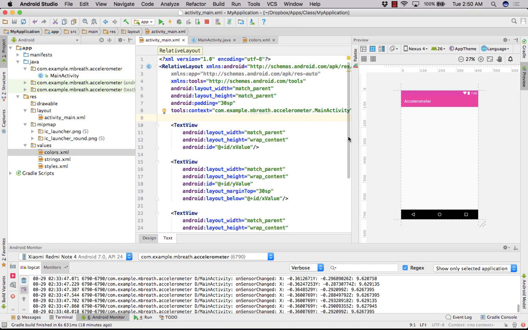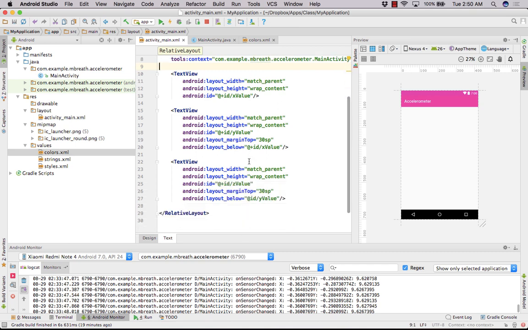So in this tutorial we are going to cover almost every sensor. Yes, you have heard it right. Almost every sensor. So we have here three texts in a relative layout, the text for the x, y and the z value. So for the x, y and z value, what we are going to do here, we are going to take